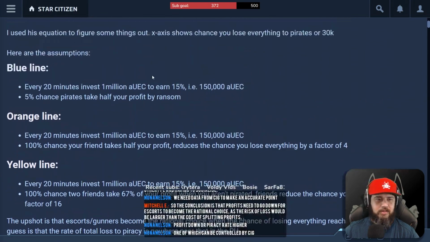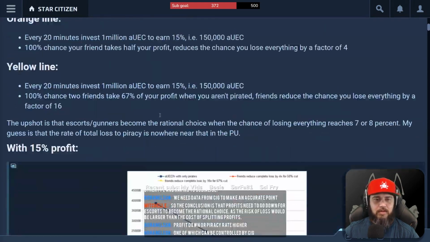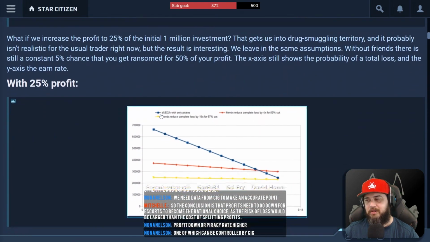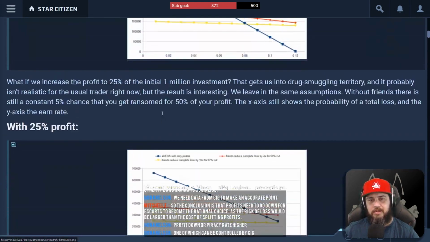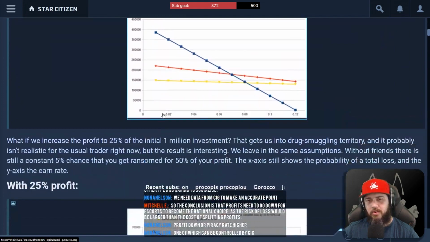The equations they've come up with make sense based on the current data they've got, which is that all the pirates are separated from each other. What we may end up seeing when we get server meshing is haulers having to invest in security, not only because of pirates, but because competitive haulers may decide, you know what, I think we'll engage in a bit of piracy when no one's looking. Let's take down some of the competition and all that sort of good stuff.